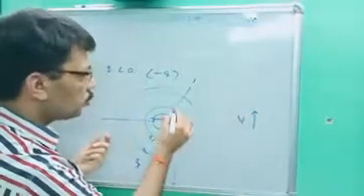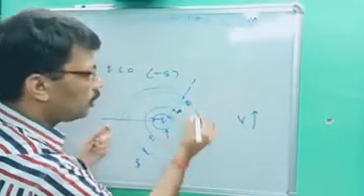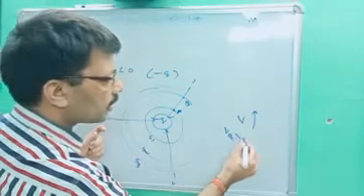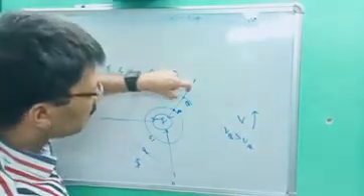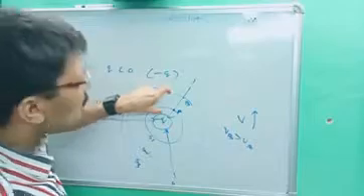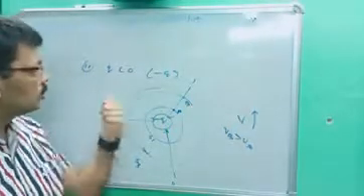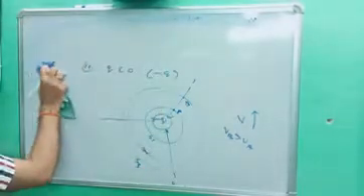It means, let's suppose two points are there, point A and point B. No doubt VB is greater than what? VA. That's why these surfaces are closer and these surfaces are away from each other. So this is the equipotential surface for Q less than 0. Are you getting it now?